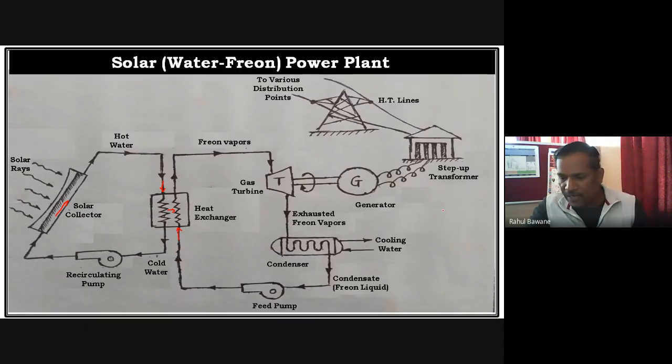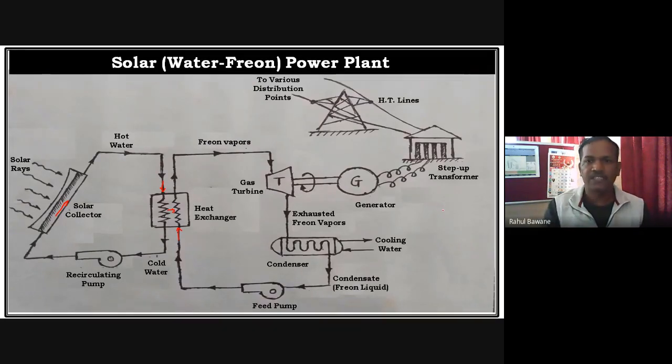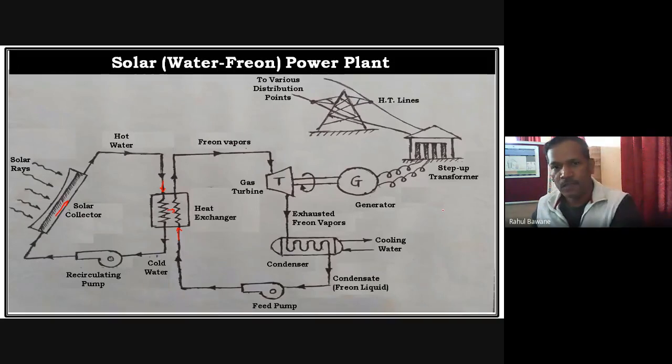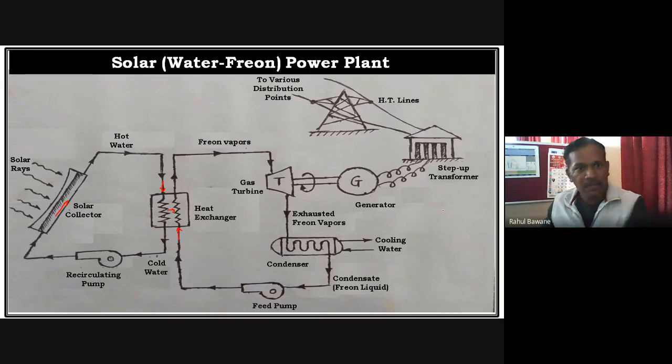Now what are the advantages of this? It has some advantages as well as some disadvantages. Solar energy is free of cost, nobody is going to pay for it, so that is the advantage. But solar energy is in a very diffuse form. We require larger size collectors to collect it, so that it can be used for some output purpose. So it is very diffuse, that is its drawback. Then a solar power plant does not pollute anything. There is no ash, no CO2, nothing. So it is free from any kind of pollution.